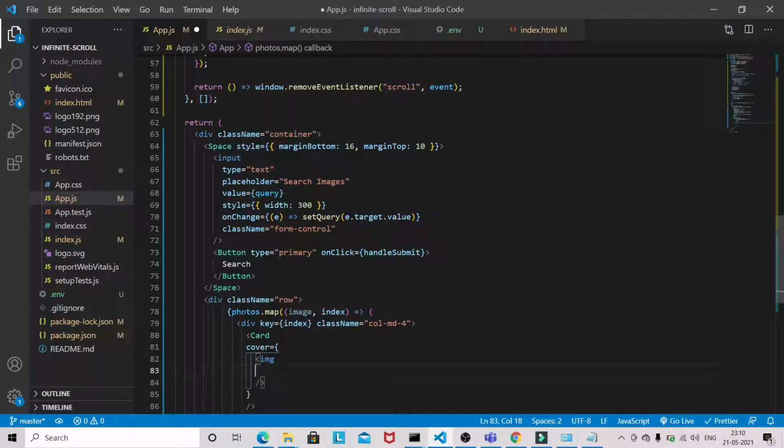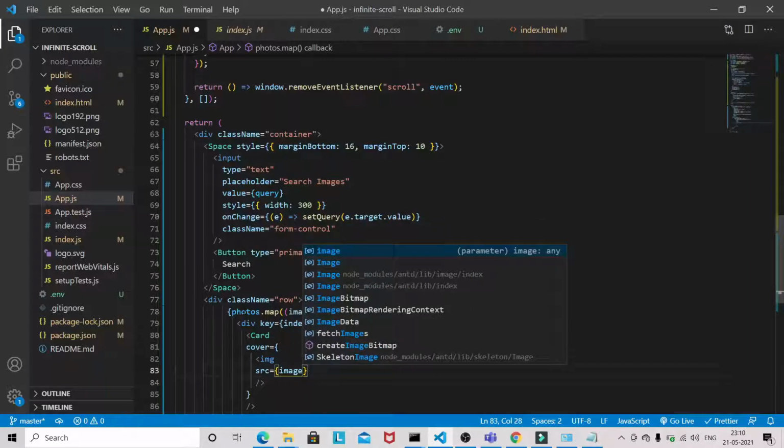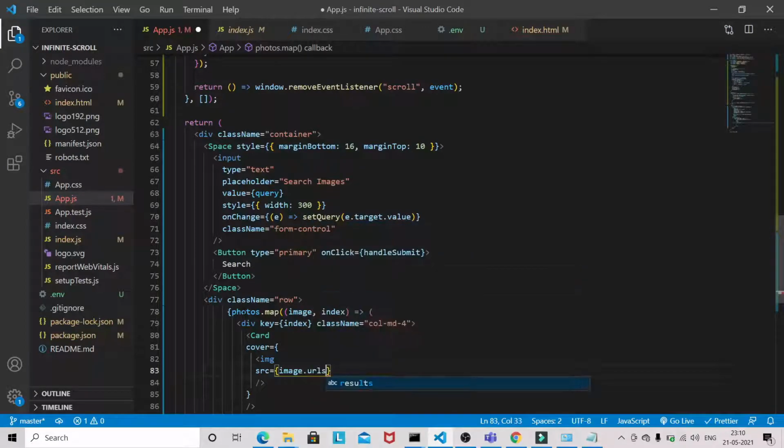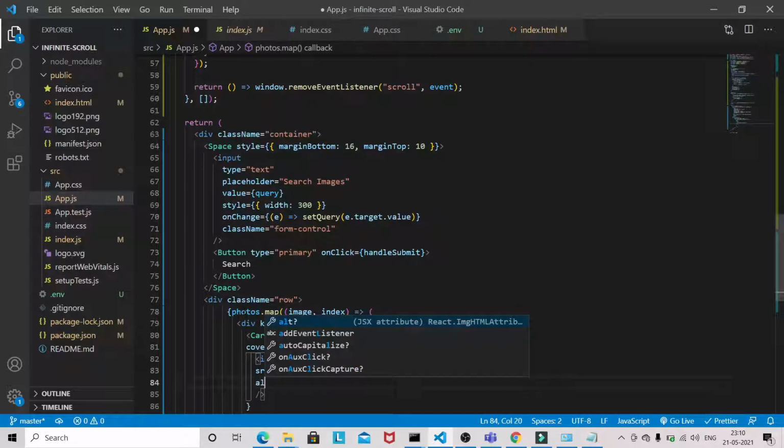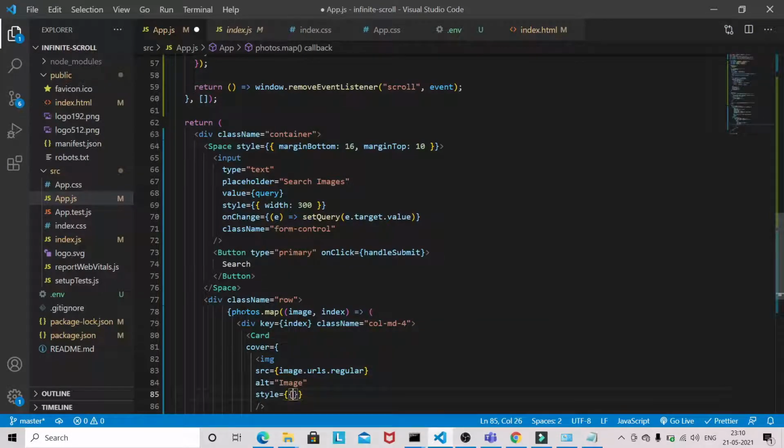Inside that, image tag, so image dot urls dot regular, alt image, style height.